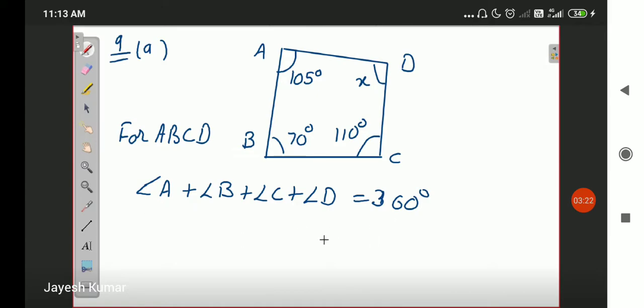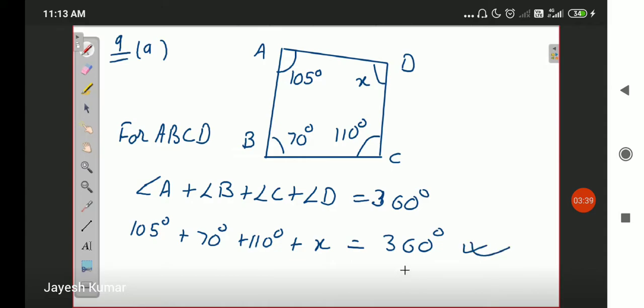Now out of all of these angles, you already know the value of angle A, you know the value of angle B, you know the value of angle C, and you do not know the value of angle D. Now you have to find the value of X, and I hope all of you can complete the question now. Okay, the same sort of thing is to be done with the B part. I will explain it shortly to you.